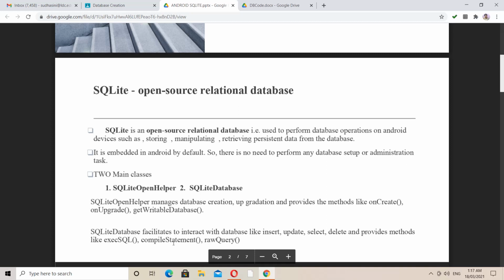To access your information, we have execSQL, compileStatement, and rawQuery, and we need some kind of SQL query to activate your database and your table. So these entire operations are possible using this SQLiteDatabase.